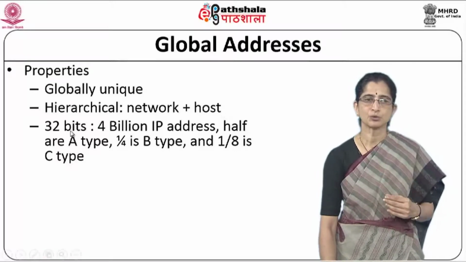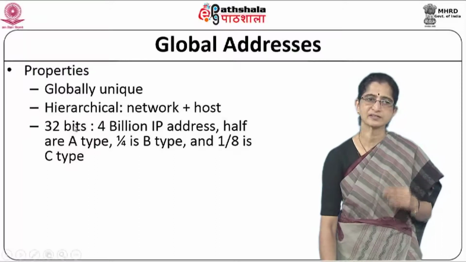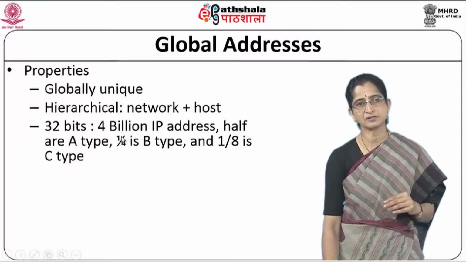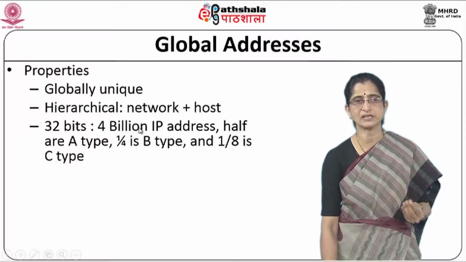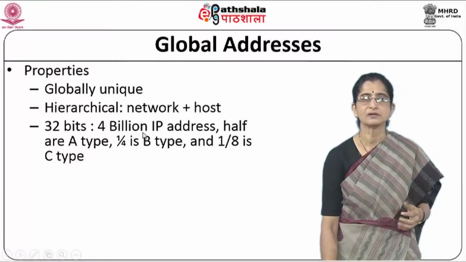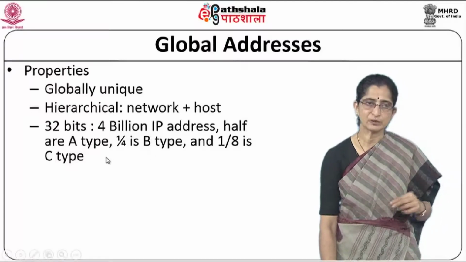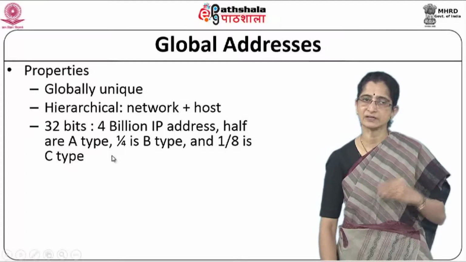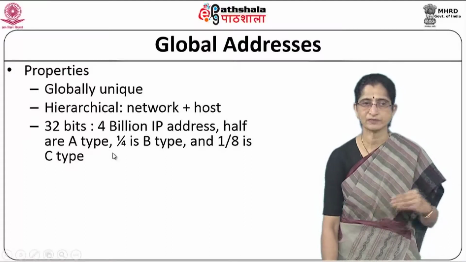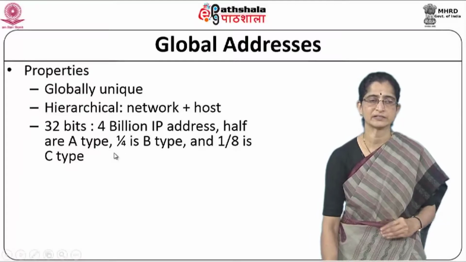Okay. So, the IP version 4 addresses are 32 bits wide. These 32 bit wide addresses obviously give us different combinations. It gives us about 4 billion IP addresses. Okay. These IP addresses are divided into different classes. We have different classes that we talk about. We say class A, class B and class C, different types of addresses. Okay, we will look at that later.